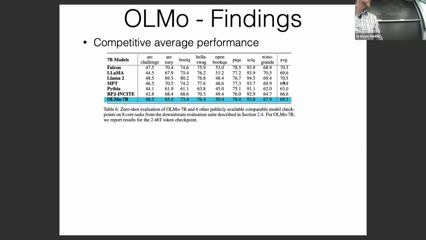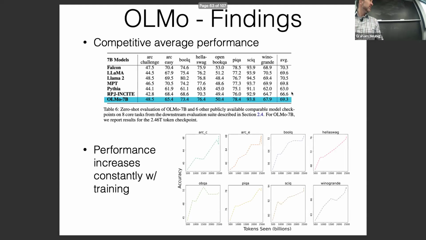For example, LLaMa 2 has a 70.5 average on all of the datasets that they're evaluating on. Falcon is 70.3, MPT is 69.8, and OLMo is almost 69.3. So it's not a slouch with respect to accuracy compared to Pythia, which had 63. Much of the issue with Pythia could just be that they didn't train for long enough. And some evidence of this is